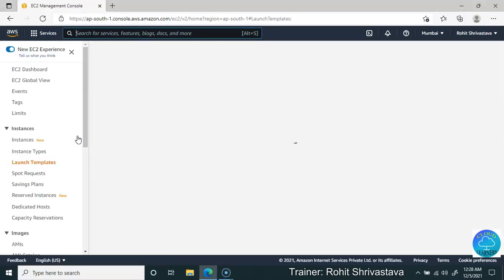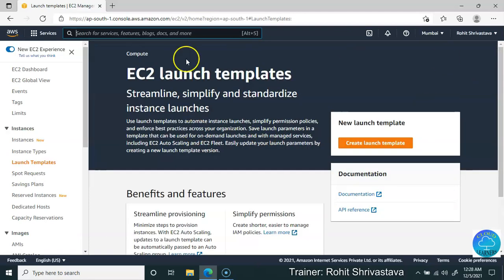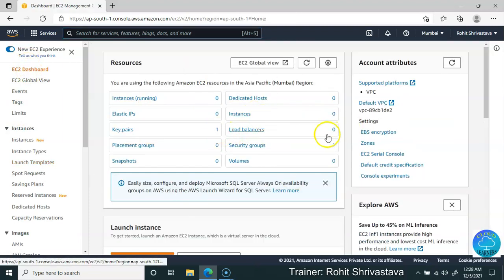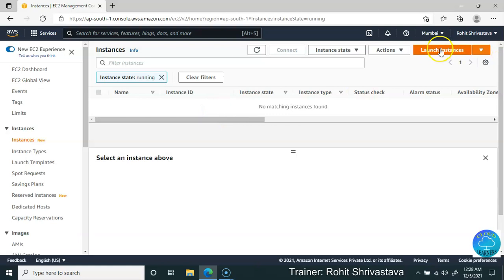Recently lots of changes have been made by AWS to the console. Previously we would come to the instances dashboard, and lots of things were there. Now we are coming to another page. So here you will click on instances, and after that, launch instance,